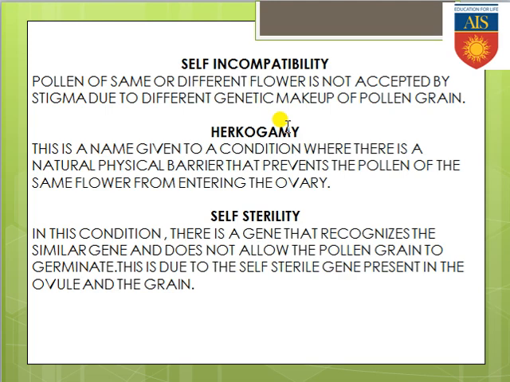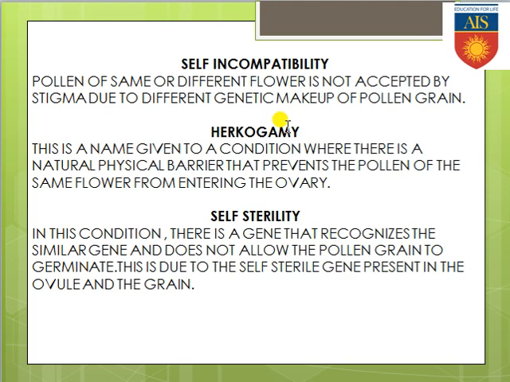And when the self pollination will not take place, automatically that flower is waiting for performing the cross pollination, because the genetic makeup in between the pollen grain as well as the genetic makeup of the ovary or the egg or polar nuclei, they are not matching. Maybe they are the part of same plant, maybe they are present in the same flower, maybe they are present in the different flower of the same plant, but their genetic makeup is not matching with each other, and this phenomenon, this event is known as self incompatibility. And obviously when the self incompatibility can be found, obviously the flower has to go for the cross pollination.